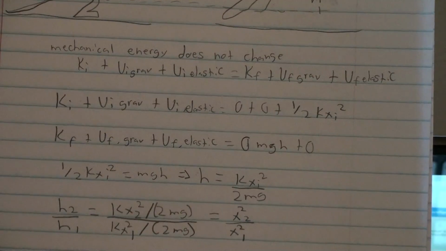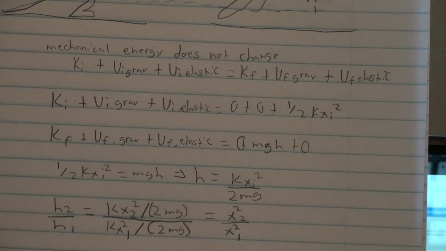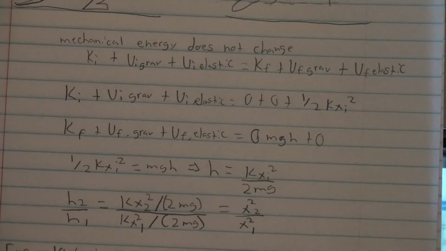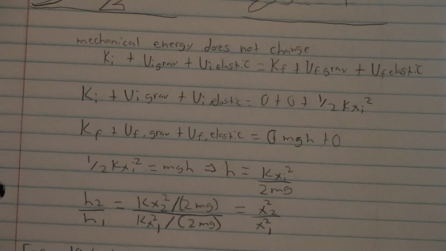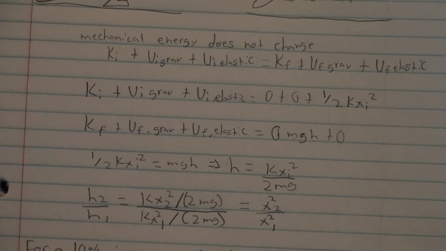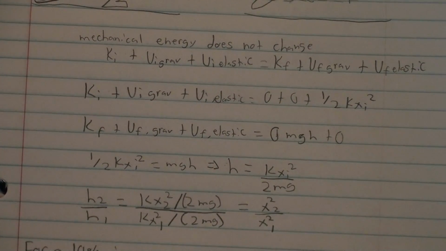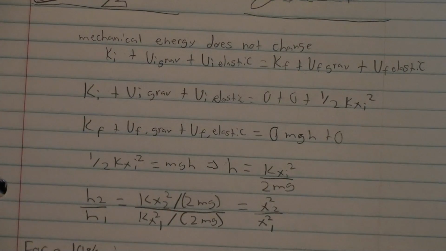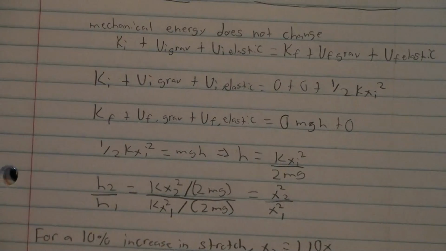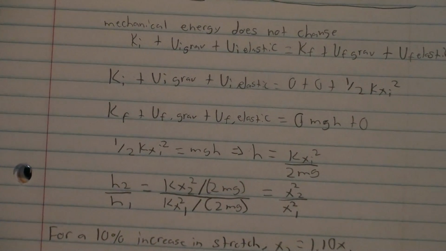Now this is where m is the kangaroo's mass, so setting the mechanical energies equal to one another, I get that 1 half k x sub I squared is equal to mgh, and that gives us the formula here, which is h is equal to k x sub I squared divided by 2mg. Now we don't know all the constants, such as the mass, the spring constant, and the initial amount of